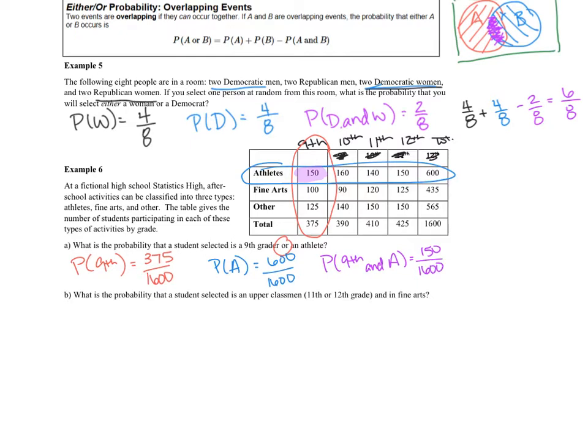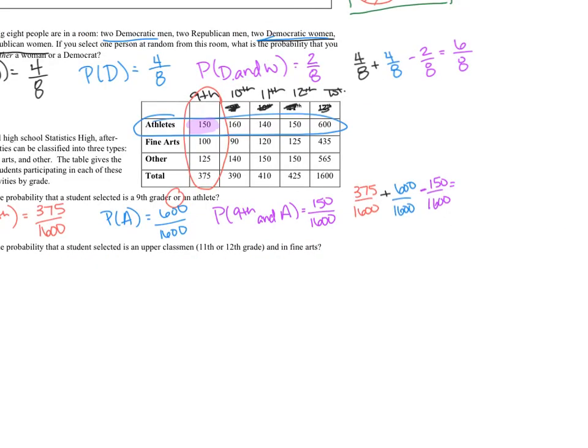If we add up these, so again, we're going to add these 2 events up, the or part of those events, and subtract out their and, because you're adding the and twice. So when you do this, you get 375 out of 1,600 plus 600 out of 1,600. And then you're going to subtract off that intersection, which is 150 out of 1,600. And when you do that, you get 825